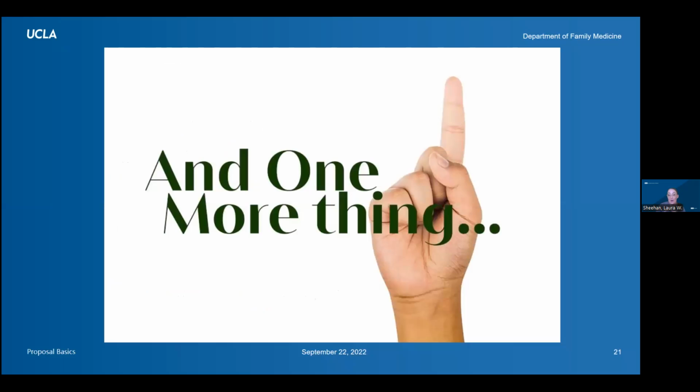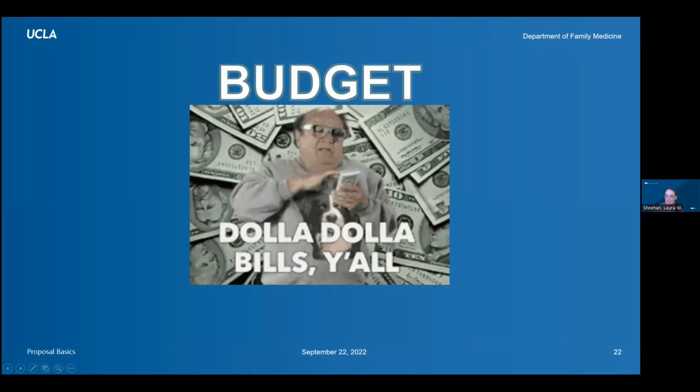All right, so those are all the common elements of a proposal except for one. And I want you to write in the chat if you can guess which element, very, very important, in fact, might be the most important besides the research strategy, that I haven't talked about yet. If you have a guess, type it into the chat and let's see who's right. What's the element that I haven't talked about yet? Yes, yes, you guys are on it. That is right. We're talking about the money.